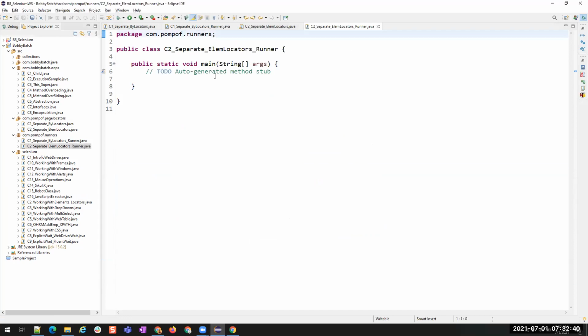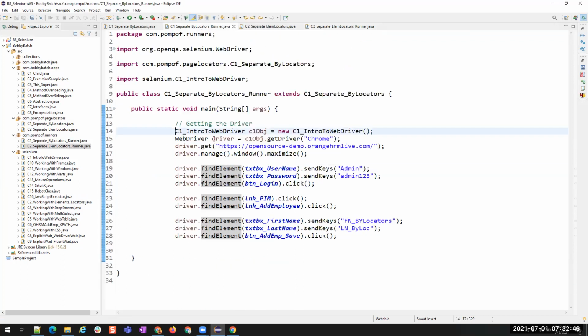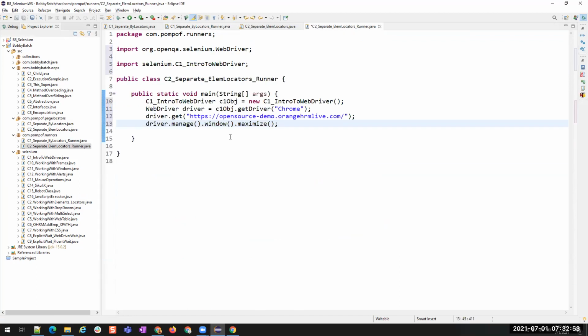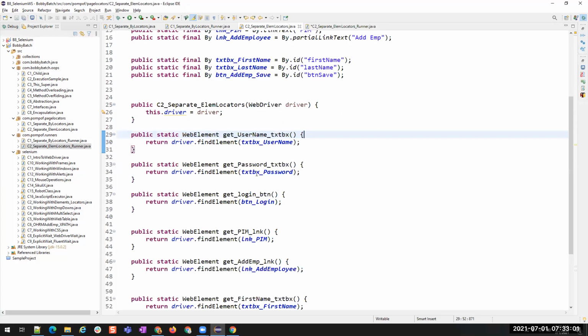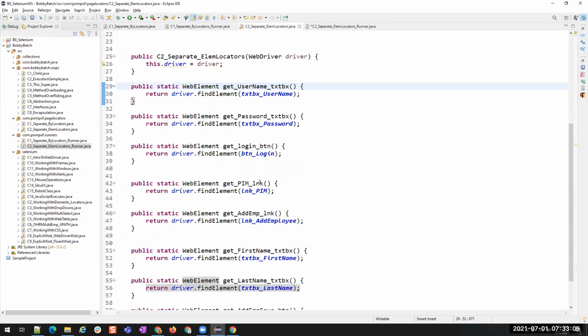Okay. Now here also, first things first, there is a common part. This is our common part to get the driver, go to the URL and maximize the browser. So this is common. Now here is the driver, but I'm not going to find the element in this class. Right? I already have some methods for these elements, which are returning these elements to me.